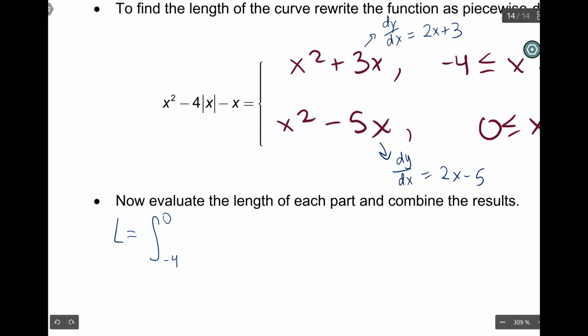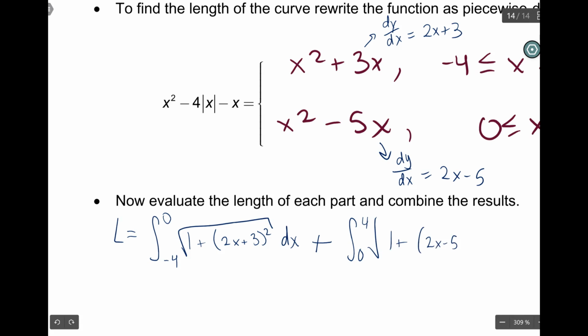I need to square it: the square root of 1 plus (2x plus 3) squared dx. Glorious. Oh, so then we have to do 2 of that. And then add the integral from 0 to 4, square root of 1 plus (2x minus 5) squared